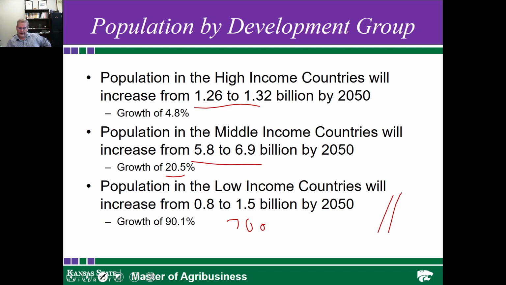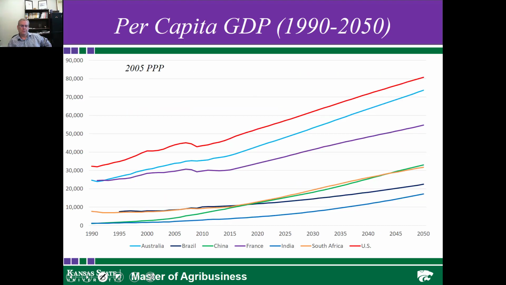That again is going to stretch the situation where many of those countries already are struggling from a food security perspective. That gives a little bit of a population perspective. The other aspect there is income. I could ask each one of you how many have the same diet that they had in college. How many of those expect to have the same diet 20 years from now?